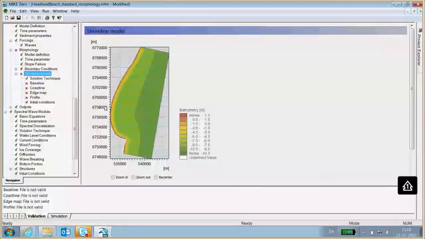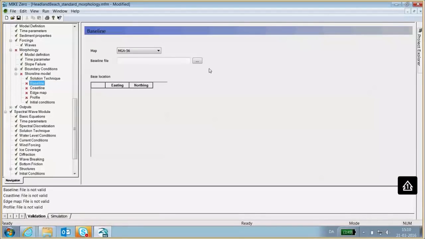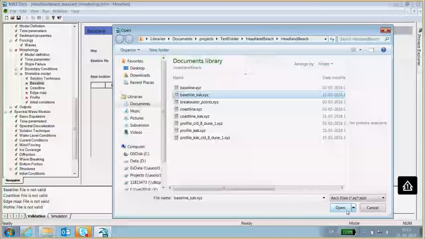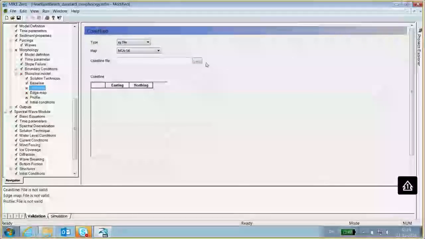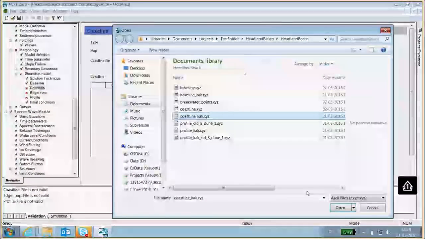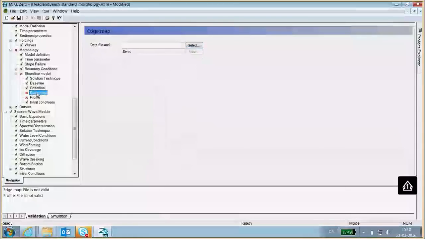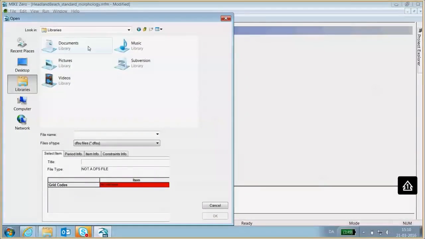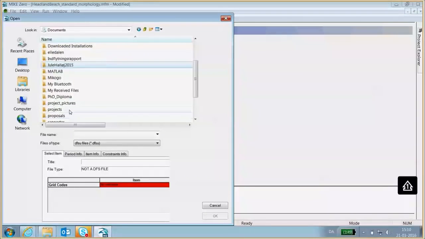And then you can see I will start by supplying the baseline here. So I simply select the baseline that I have just created and the coastline that I have just created, as well as the edge map that I have just created. Let's see, projects.